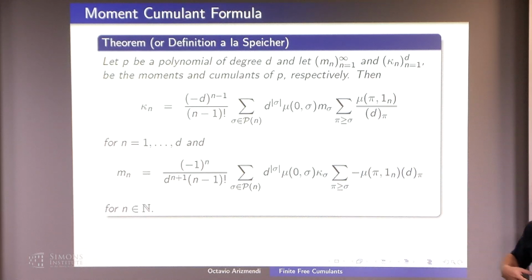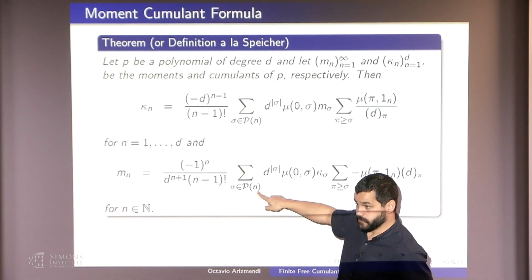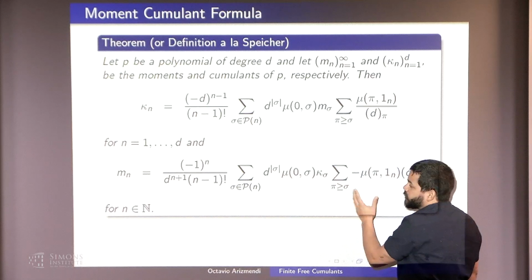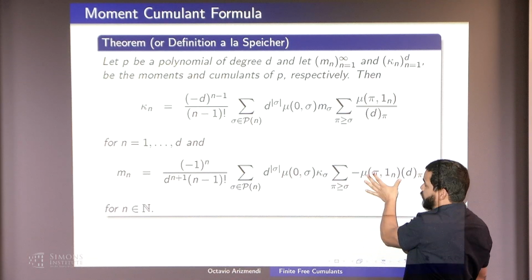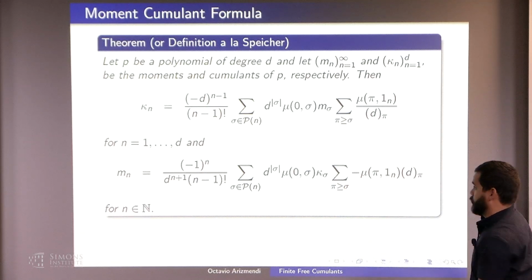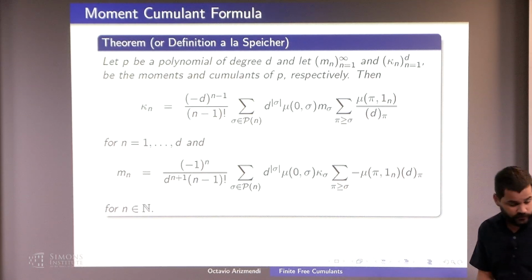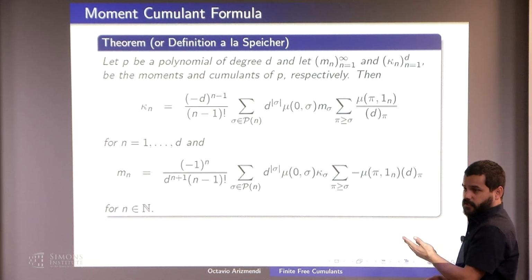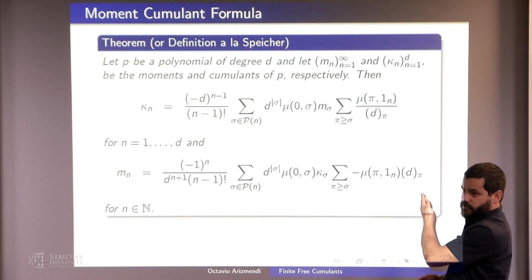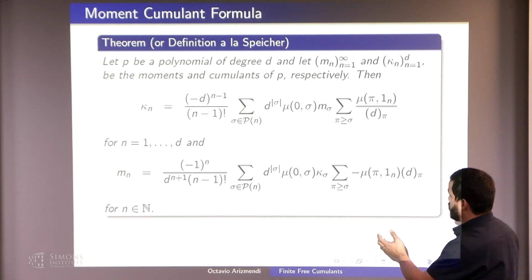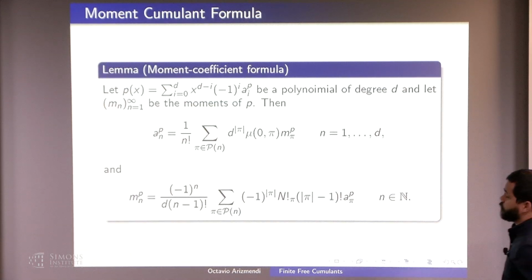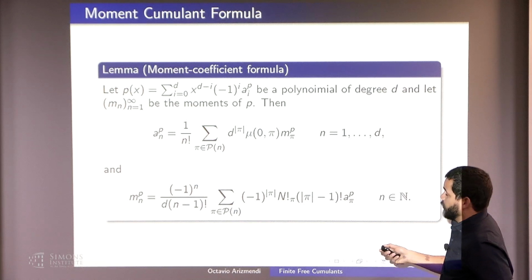Okay, so what I want is a formula that involves partitions and cumulants and then some coefficient, which here is somehow complicated, and I will explain more about this polynomial and how it behaves. And the way one proves this is in two somehow simple steps. One is first I go from moments to coefficients, and then I go from coefficients to cumulants. Okay, so where do these formulas come from? It comes from this first formula, which is known,